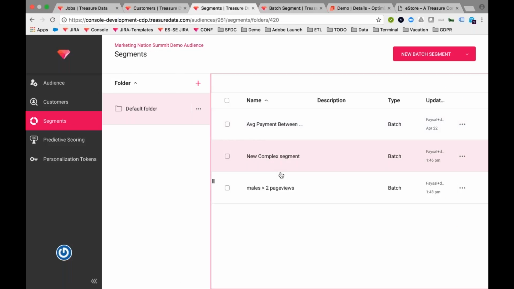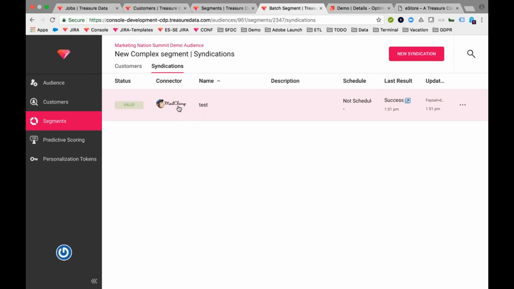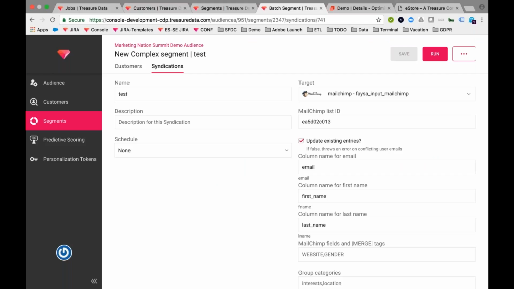Then once you build these segments, what do you do with them? We talked about syndication a little bit earlier. This is a good example, pretty similar to the one I had before. Here, we're taking out this data and pushing it out to MailChimp. So maybe we're doing a push poll, trying to figure out, okay, these are high value customers. We want to make sure they're super happy. So we're going to send them a MailChimp survey as soon as they buy something to make sure they're happy. But we only want to send them one because we don't want to overwhelm them.